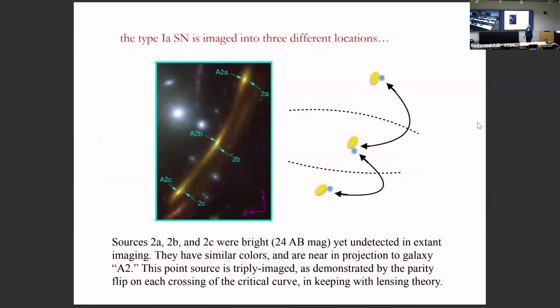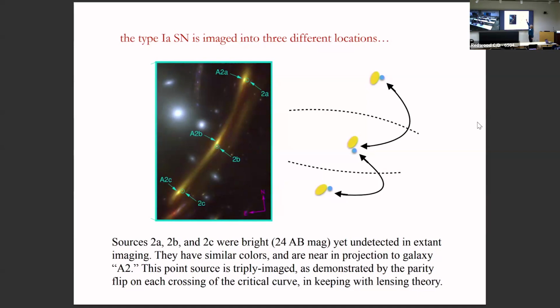But that type Ia supernova is seen in 3 different locations at the same time. Detected in image A, image B, and image C. And it has a host galaxy, which we call ARC 2A, 2B, and 2C. I went ahead and put up a cartoon on the right-hand side to make it easier to see some of the patterns where we show the supernova and its host galaxy relative to each other.